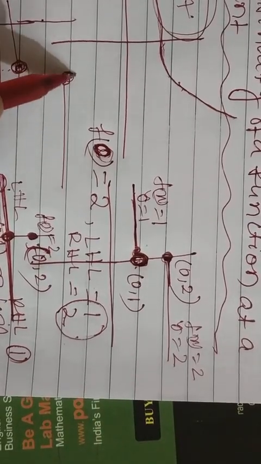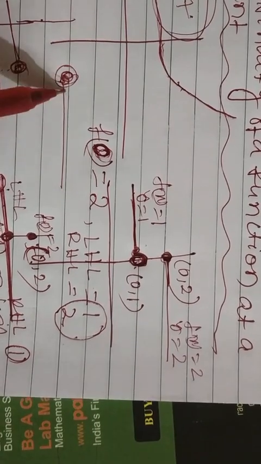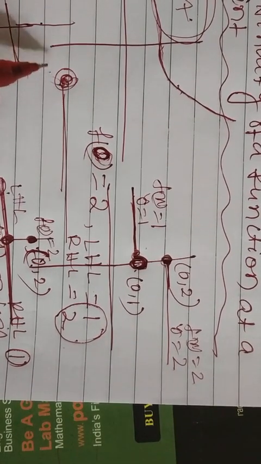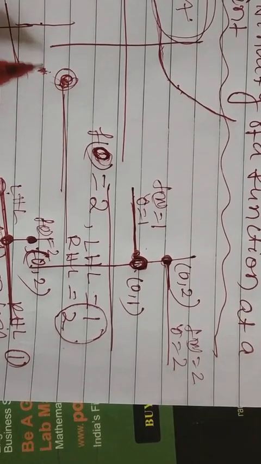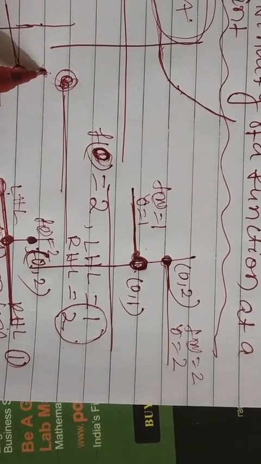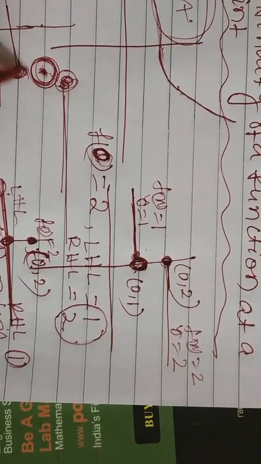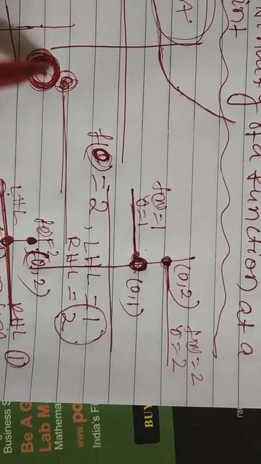The basic concept in this situation is that LHL is something else, RHL is something else, but the function is not defined at this point. So at this point the function is not defined, which means it